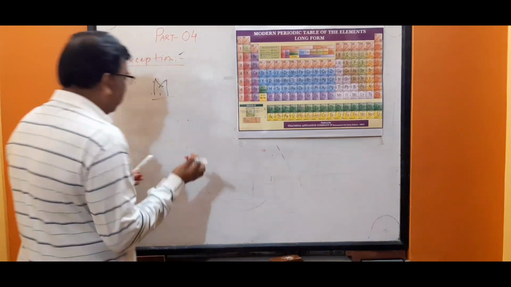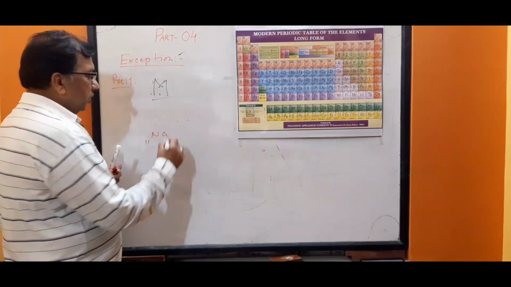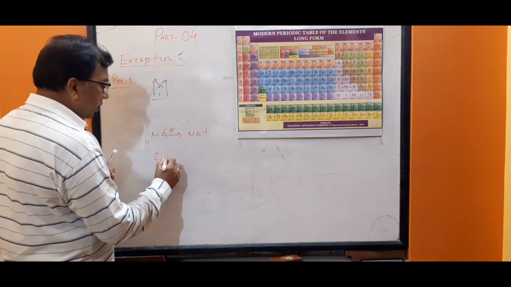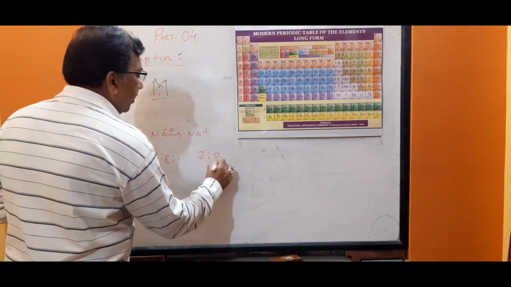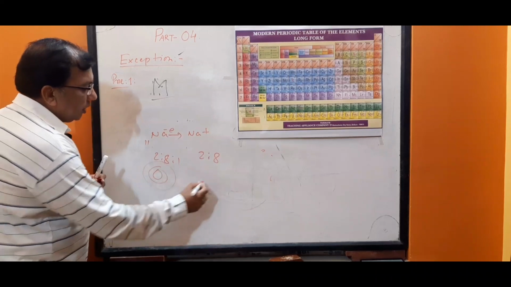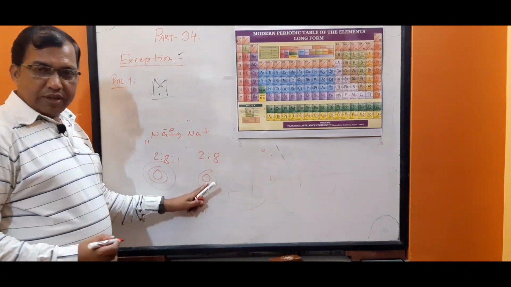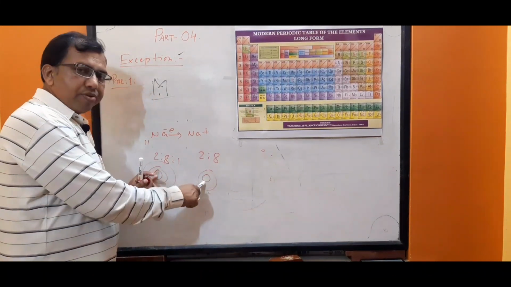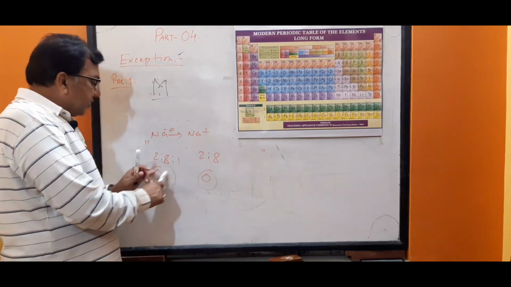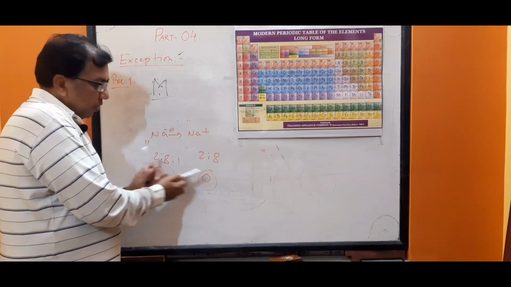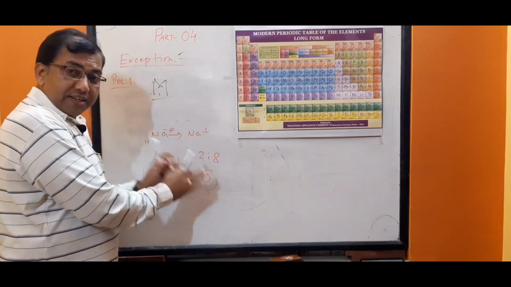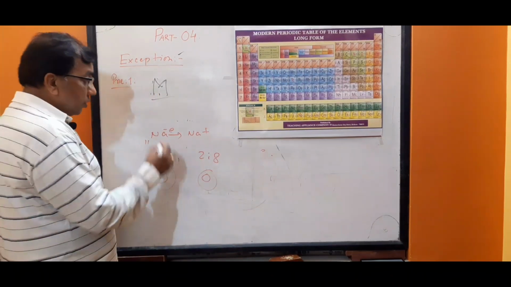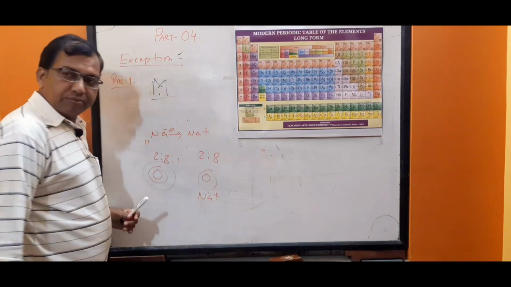Suppose sodium, 11, one electron is lost, Na plus, that means 2, 8, 1 becomes 2, 8. This had 3 shells, now it will have 2, so the atomic size decreases, the atomic radius decreases, that is okay. Learn, it is the same thing. This had 3 shells and now there are 2 shells, so there is a decrease in radius in case of the positive ion, not an increase, in case of loss.